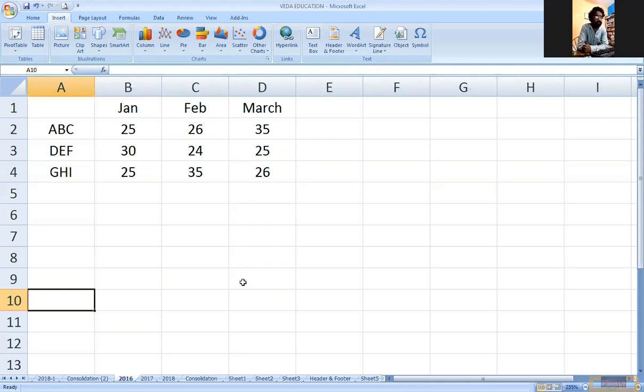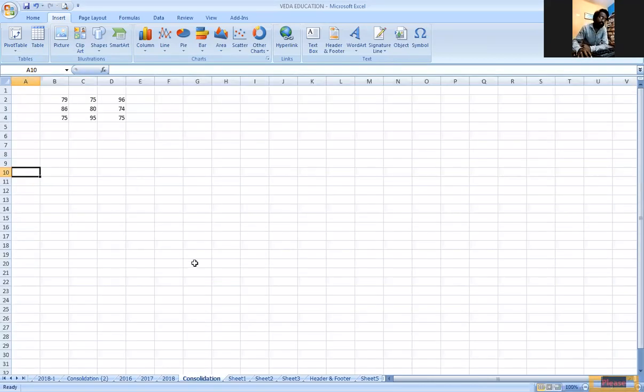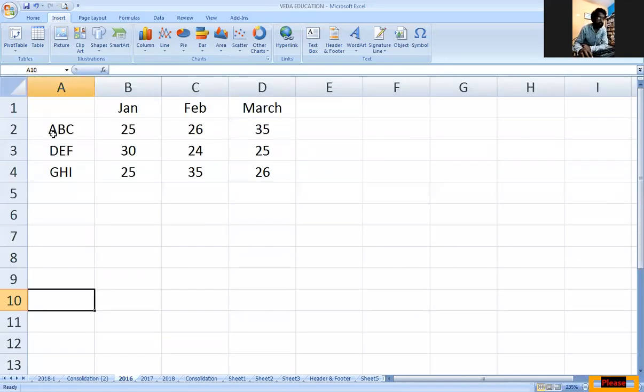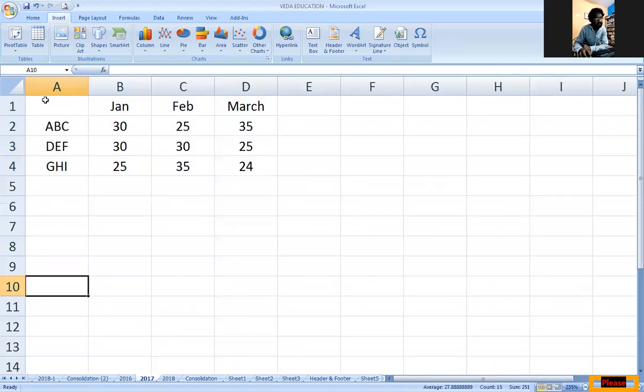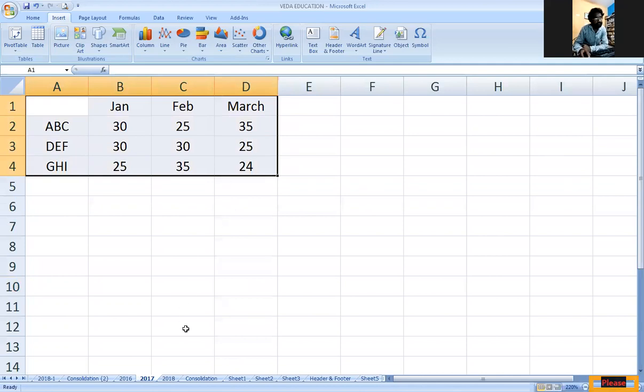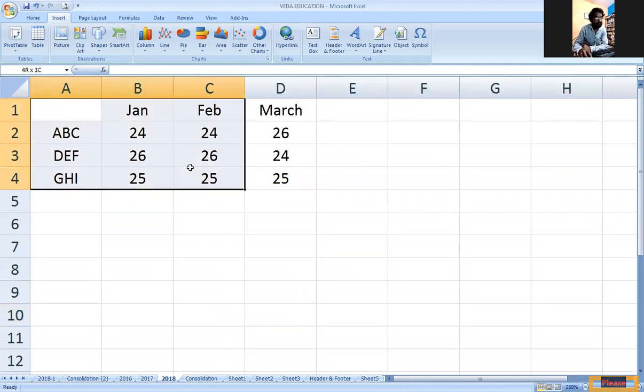For this, I can use the consolidation function. I can directly select the function and make the consolidation table like this. I'll show how to make it. First, the 2016 sheet has the data in a 4x4 matrix, and the same place holds March 2017 and March 2018 also.